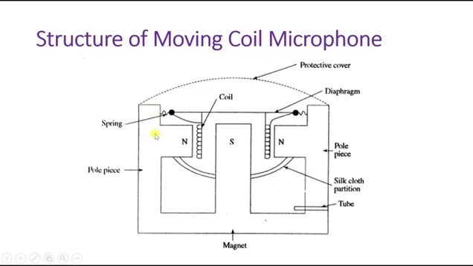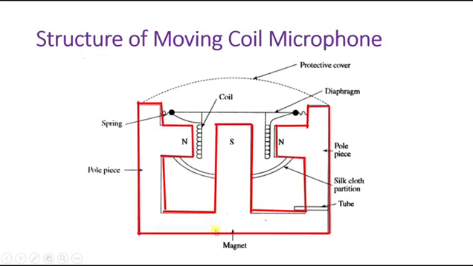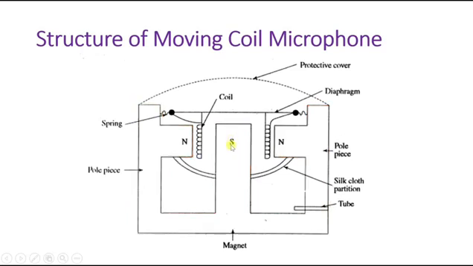If you see the structure over here, this is the magnet that one can see, and this magnet has a south pole over here, and these two are north poles. So the magnetic field will emerge from the north pole and get enclosed to the south pole. You'll find the magnetic field in this direction, from north to south, and that is a constant magnetic field because of this permanent magnet.